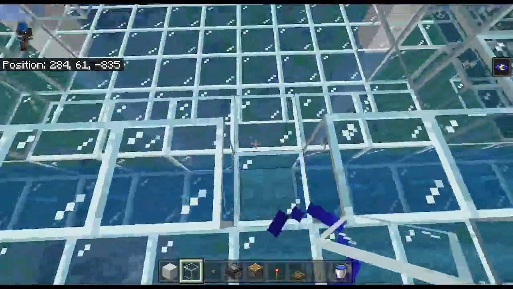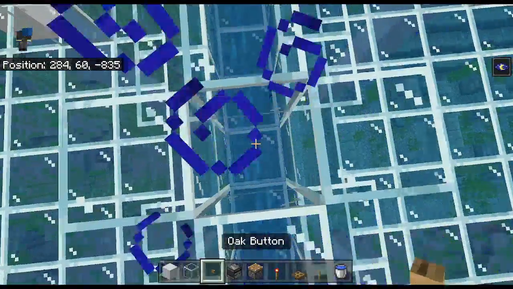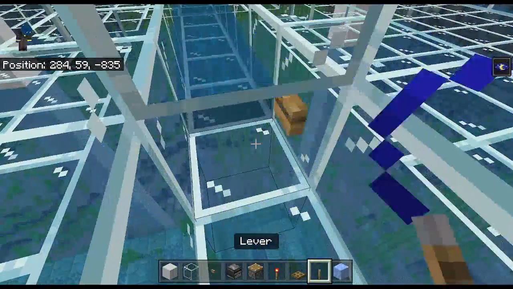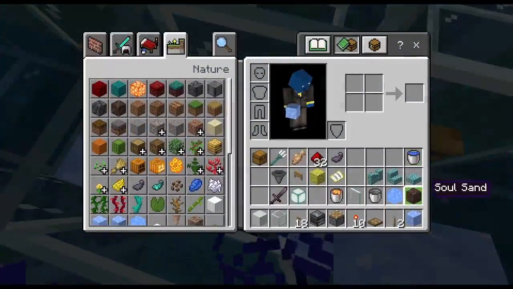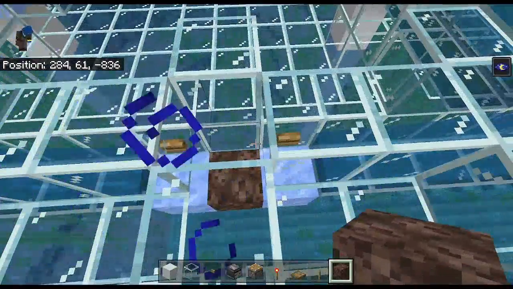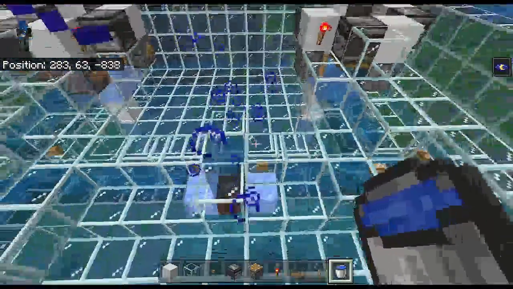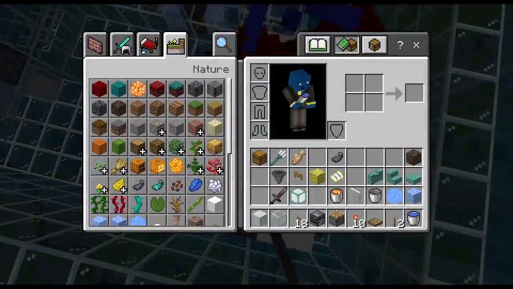All right, now we're gonna box around this and leave this open, but we're gonna drop down in the center and place a button on the sides of each one of these. The next step is going to be placing in a block of ice on the floor under that button, and then a piece of soul sand right under your feet. Okay, should look like that. Now we're gonna place in a bucket of water just to get that started. Perfect. So now anything that goes in the Trident killer should get spit out in the center,